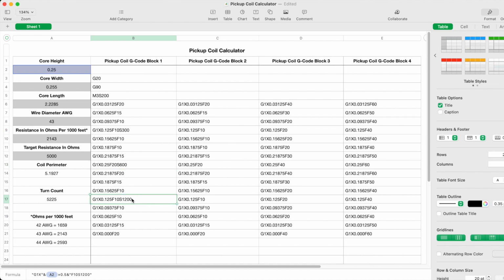And what that S number is doing is increasing the speed of the bobbin winder until it reaches 1200 RPM, which is the full speed. And then from there, it will remain at 1200 RPM all the way to the end of the winding operation. So I have to build a G-code file that's long enough to traverse the wire during the entire length of winding